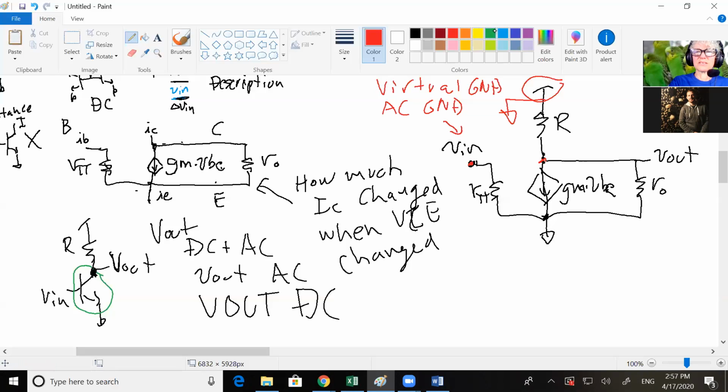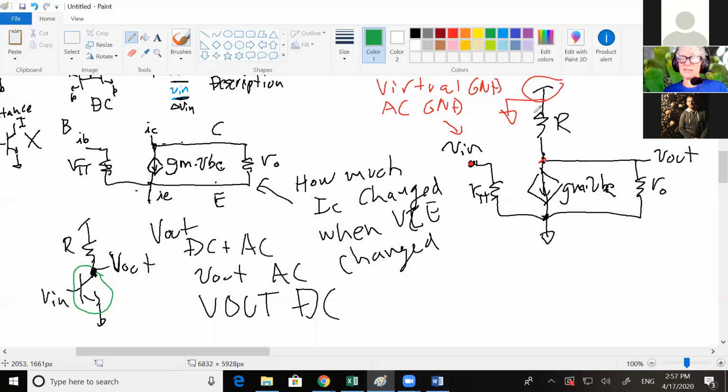Okay. Let's look at the resistors in parallel. Exactly. So R goes from this node. So your R top resistor goes from this node to ground. What about Ro? It does the same. It goes from this node to ground. So you can actually redraw this as